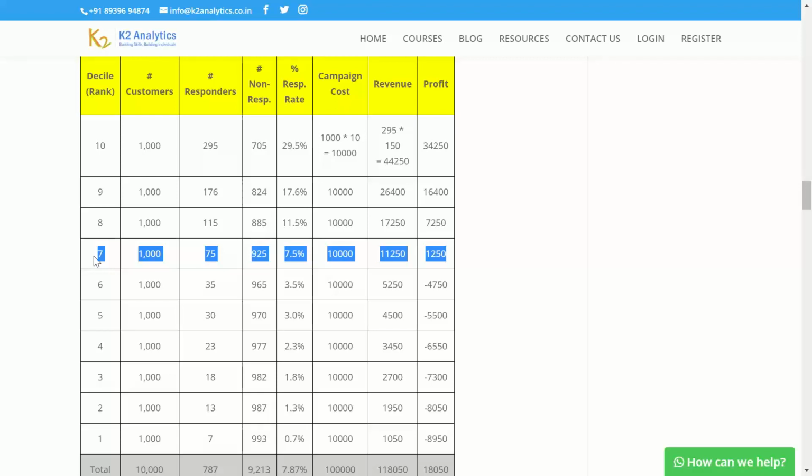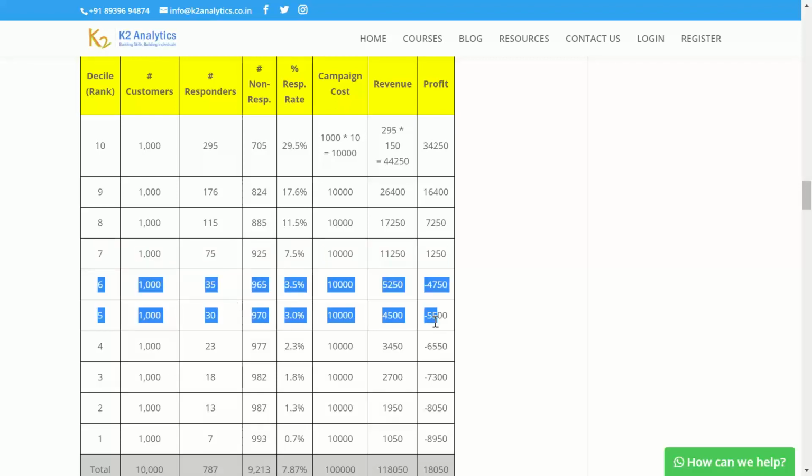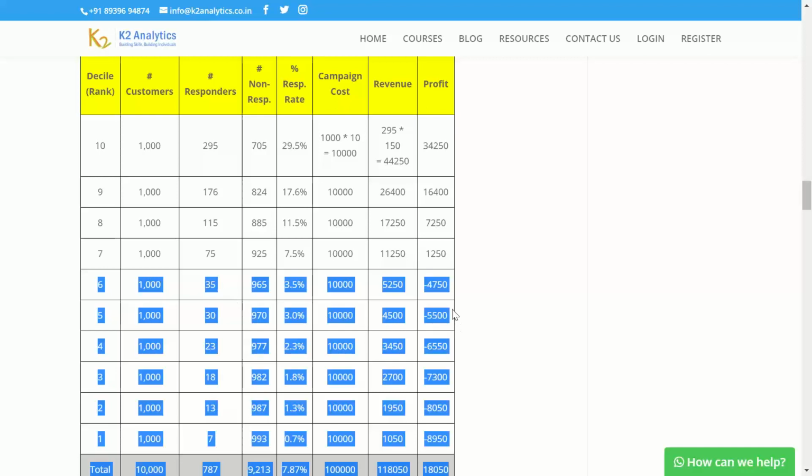At the same time, you do not want to be in a scenario where you say, oh, I'll get all customers only even if I make a loss. Even that is not possible, right? So you may have your strategy based upon whether your business is in an acquisition stage, whether your business is in a growth stage, whether your business is in a saturation stage. So depending upon the business, the product that you are trying to sell, you will have to create a strategy.